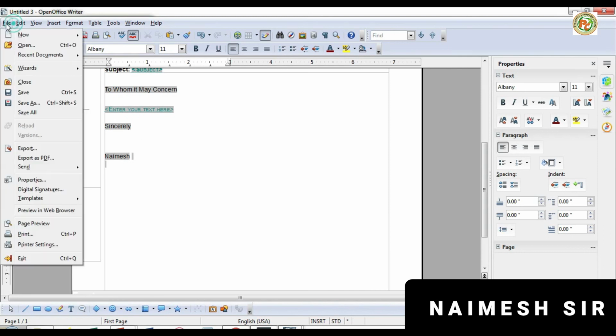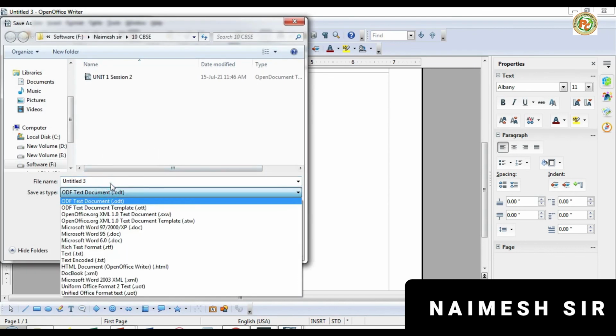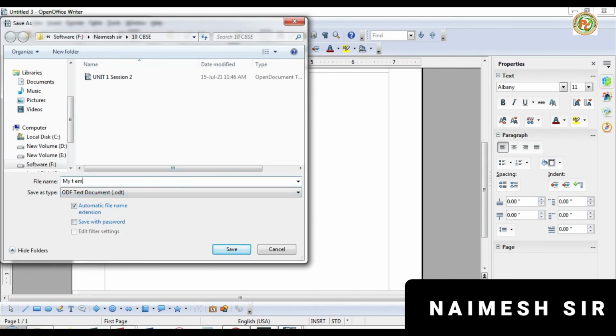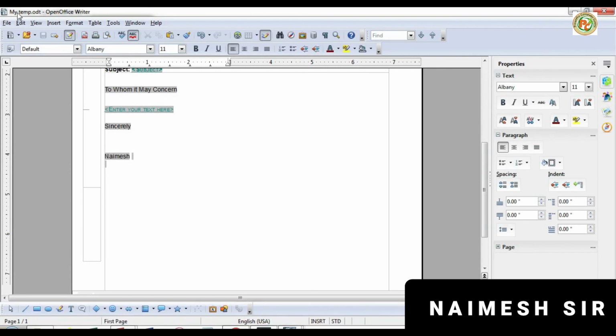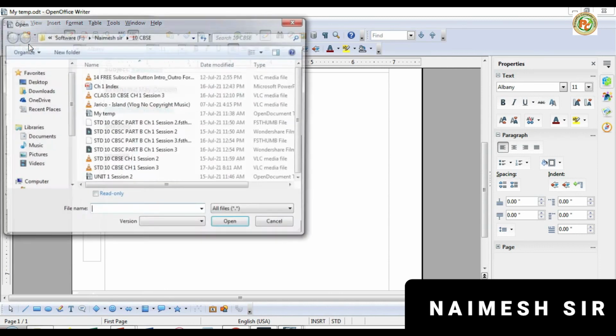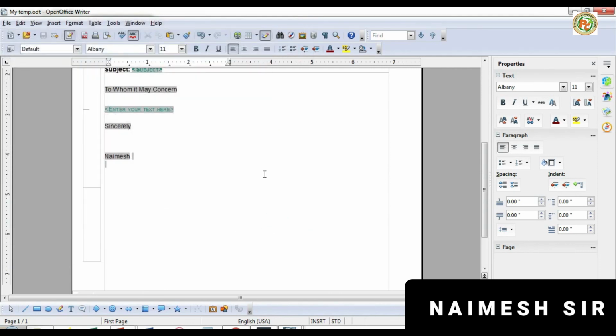Now if you want to save it, go to File and click Save. It will display a dialog, for example My Template. Here this is My Template, and click on this. So it will be saved here. We can see here My Template.odt, it is saved inside that. Now if you want to open it, we can also open it from File. Click on Open, then whatever we have saved, just click on that and it will appear. So this way we can save and also close, right? So this is the use of templates inside Writer.